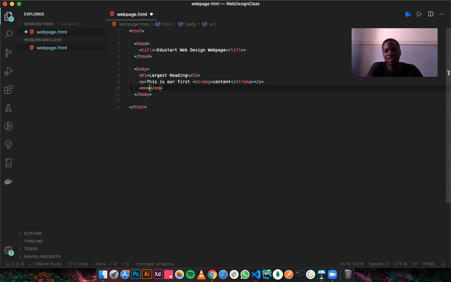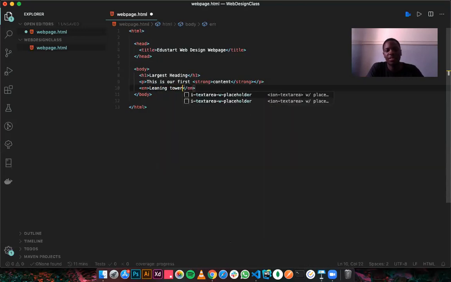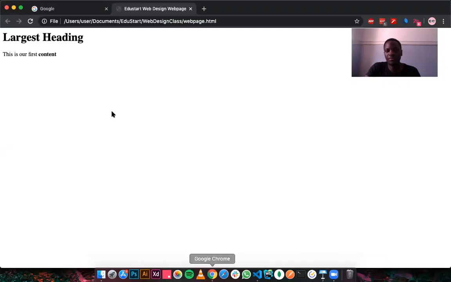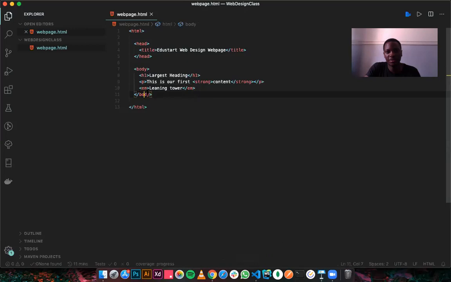Now what this does is this particular tag italicizes the text. So basically what you're going to get is, sorry, did I? Oh, okay.